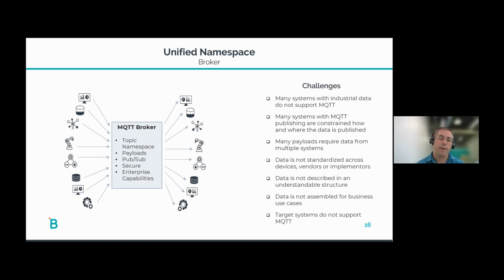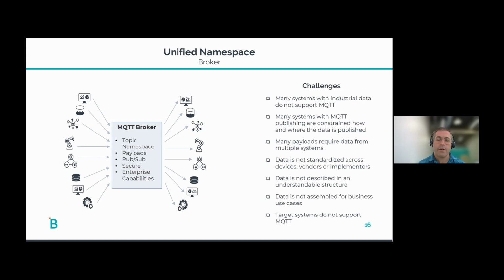We also have found that for some of the systems that do, typically like the sensors and whatnot that publish MQTT data, they don't provide the tools to really dictate exactly where that's going to go and what that topic structure is. They also, in many cases, people want to contextualize that information. So the sensor may have the raw values, but maybe I want to pull some data out of my asset maintenance system or out of my MES system to augment that value. Well, if all we're doing is having that sensor publish directly, that becomes a challenge.